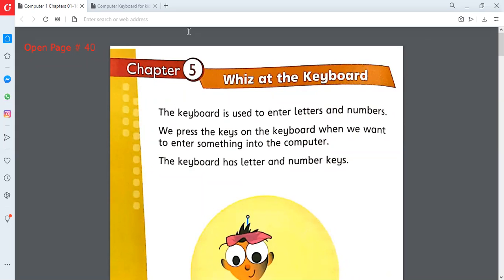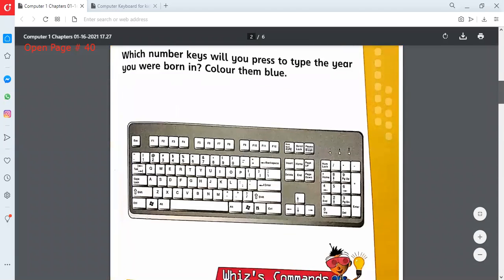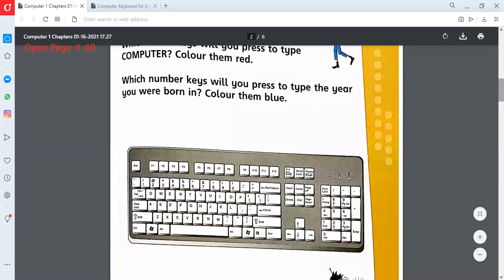As you know, the name of the device is KEY and BOARD. So what does key mean? It means that it has so many keys. If we see the picture of the keyboard, it looks like this on page number 41.